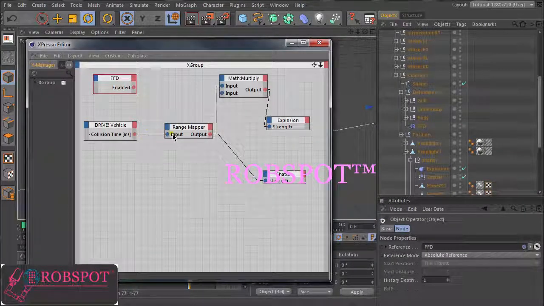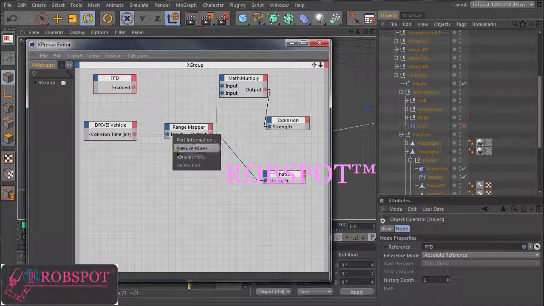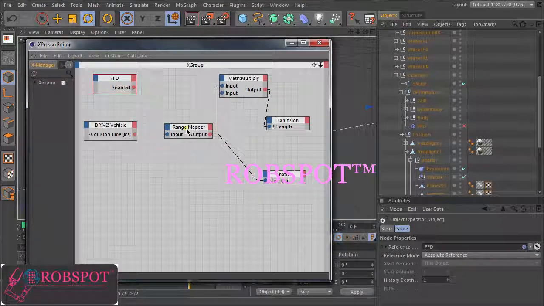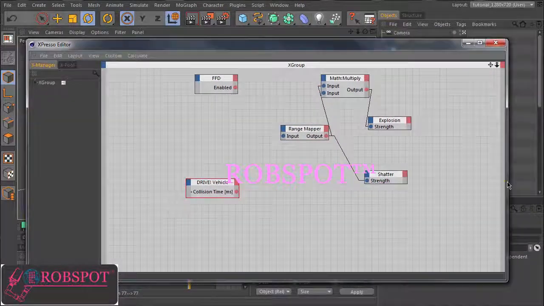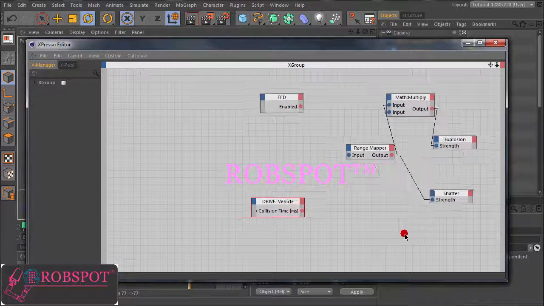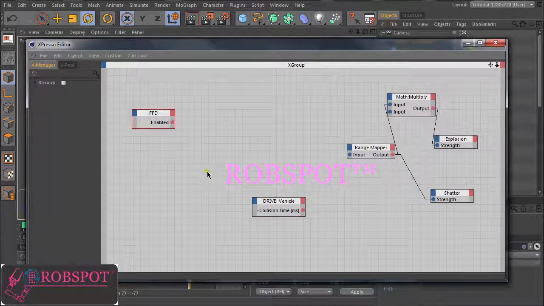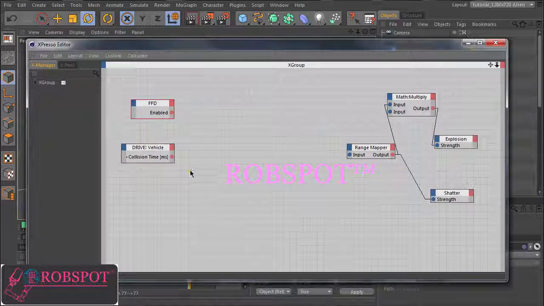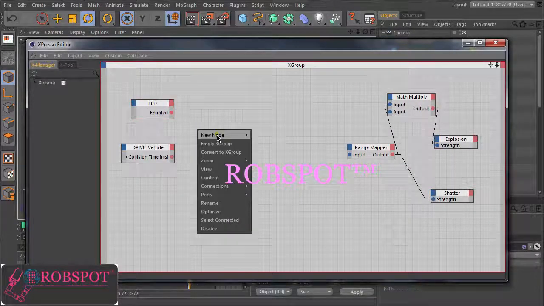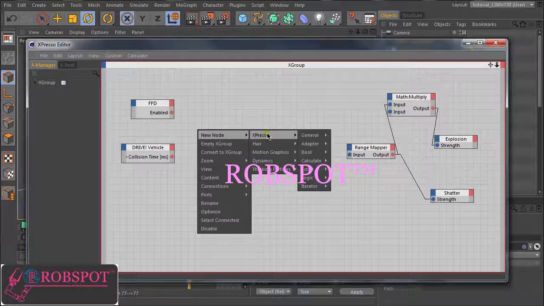So let's disconnect this one. So we need a bit more room here. Okay, we have the special case that the collision time is null, but the FFD is enabled. So we need